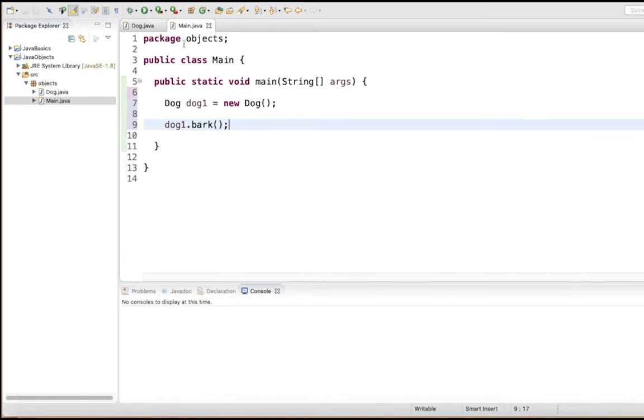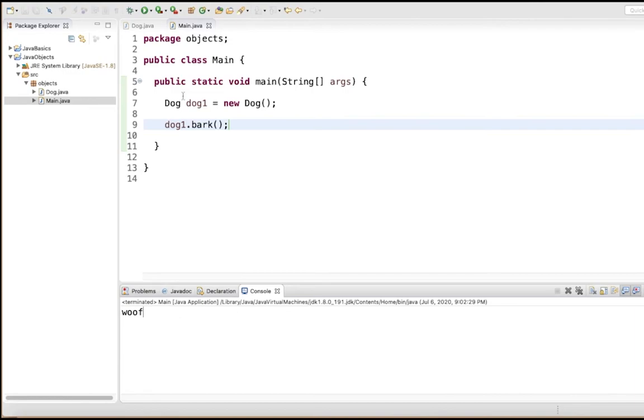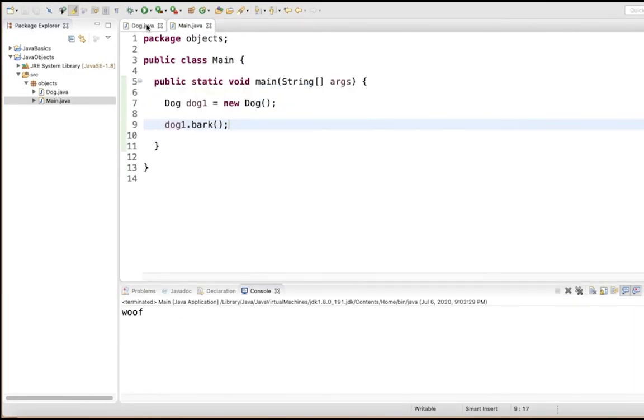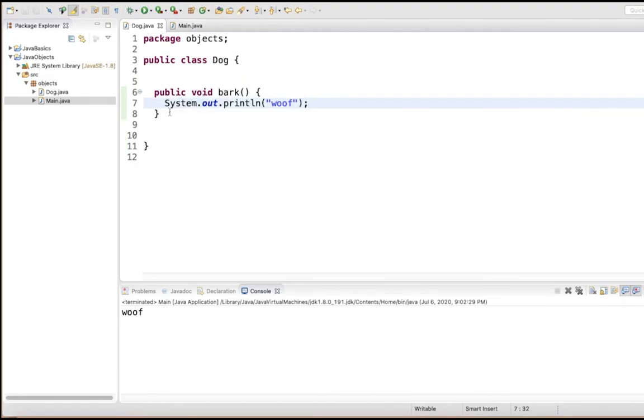And now when we run this, we'll see that woof is printed out, because that's what the bark method does. It just prints out woof. Okay, let's write another method in our dog class. We're going to make it public again so that we can call it from the main class. And how about we have a method that would take the age of a dog in human years